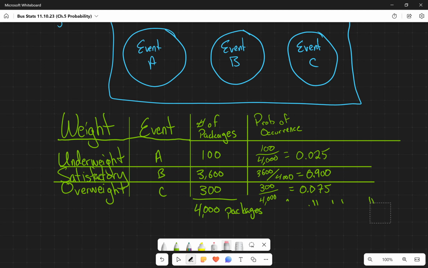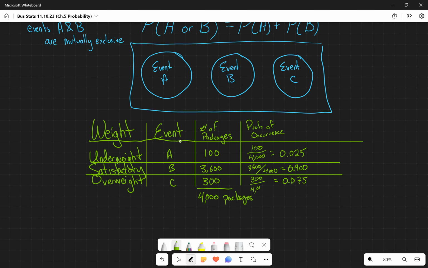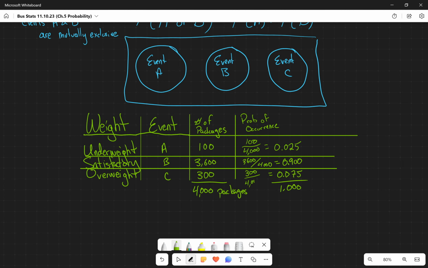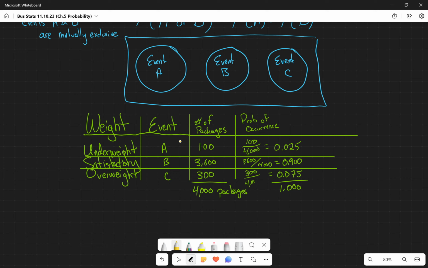Now, if we've done this correctly, when we add all of these up, 0.9 plus 0.075 plus 0.025 is going to give me a 1.00 flat number. So if we ask ourselves, what's the probability that the package is going to be either underweight or overweight, what are we really asking for? We're asking for the probability of event A